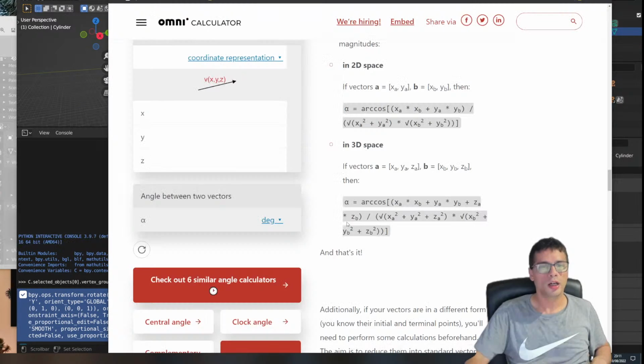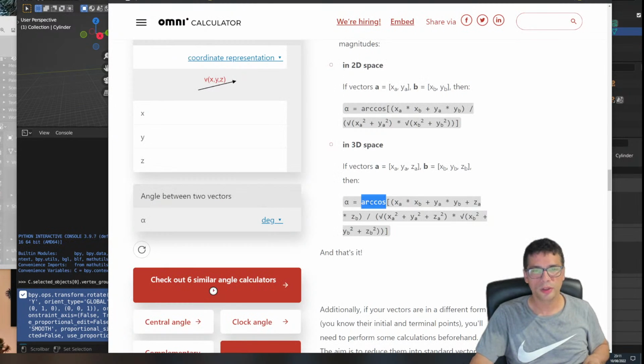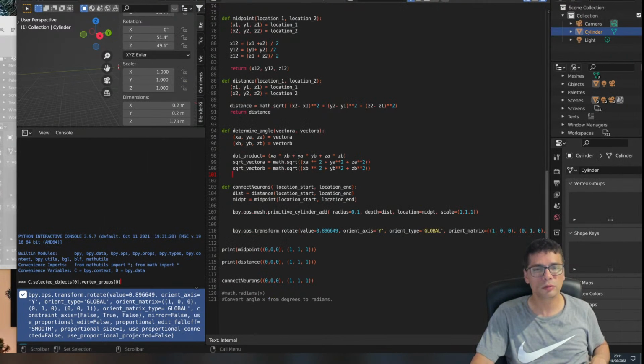Okay, so now arc cosine. So I need to find this function as well. So product. I'm just going to call it product sqrt equal to